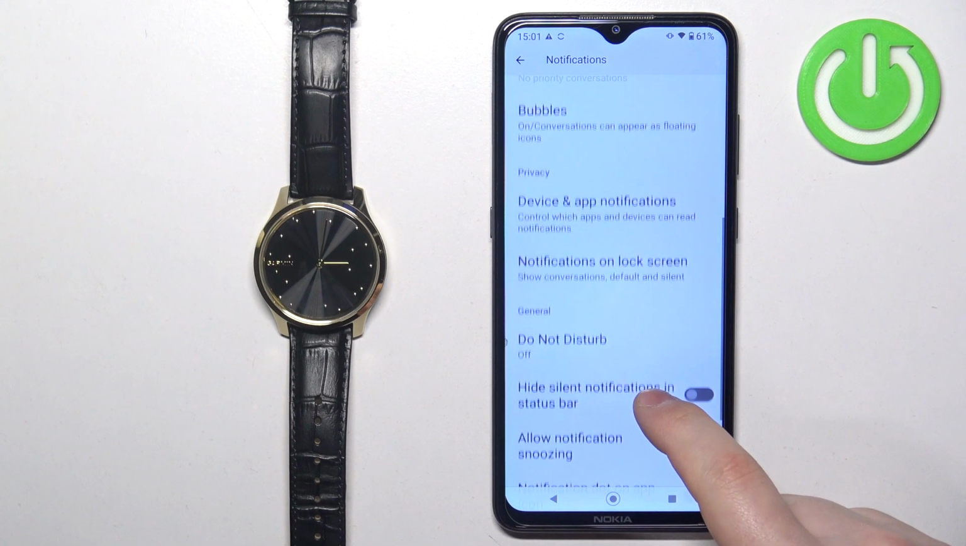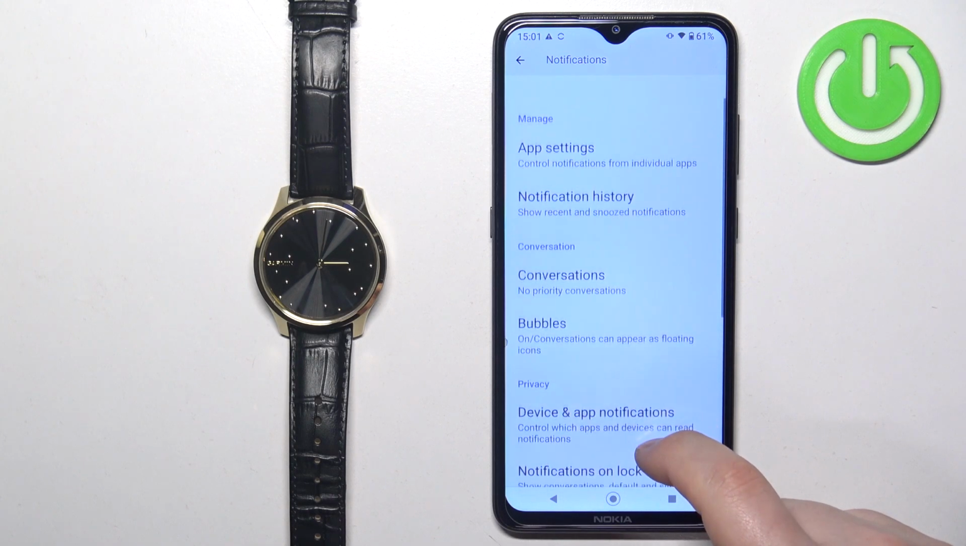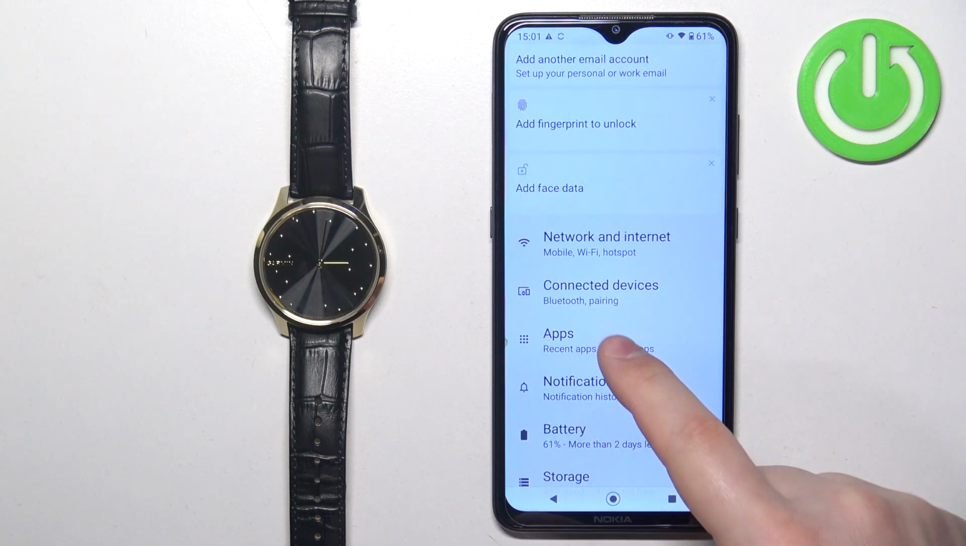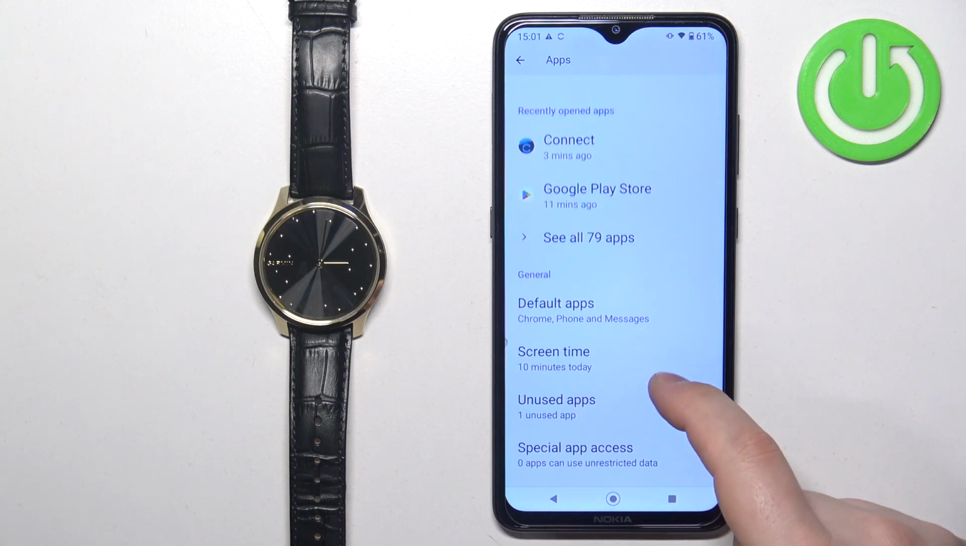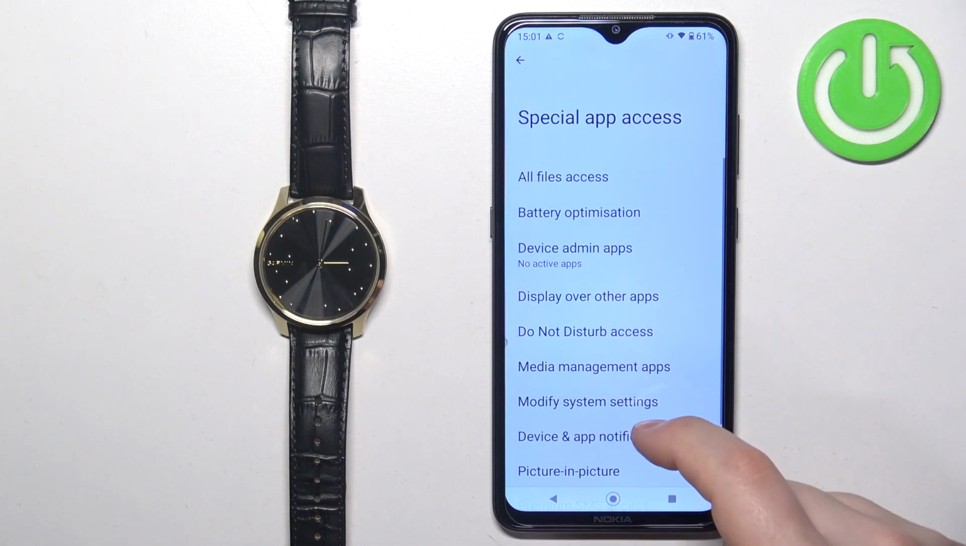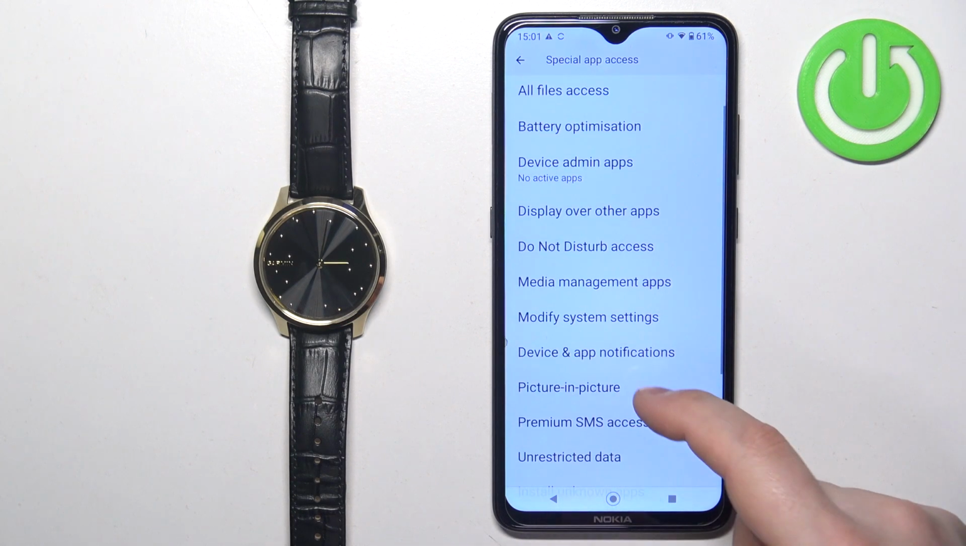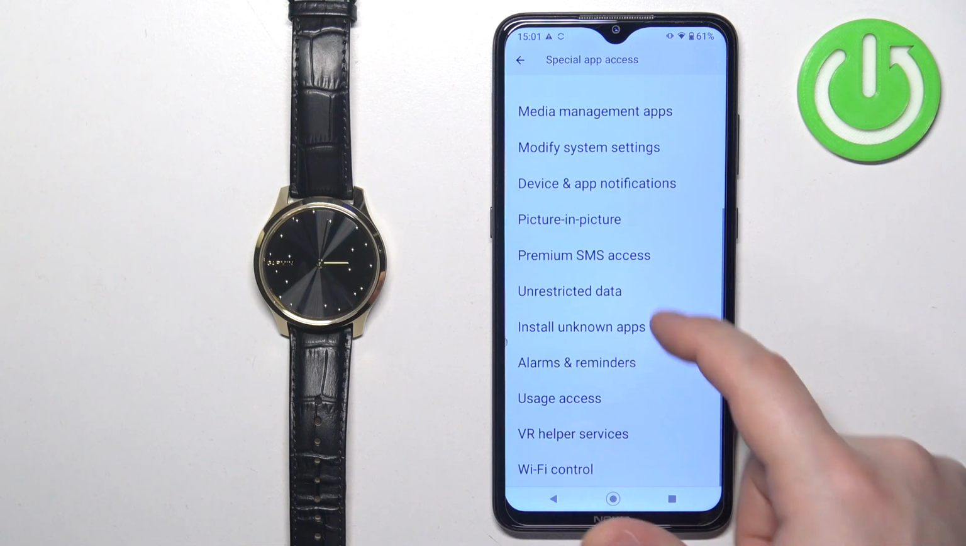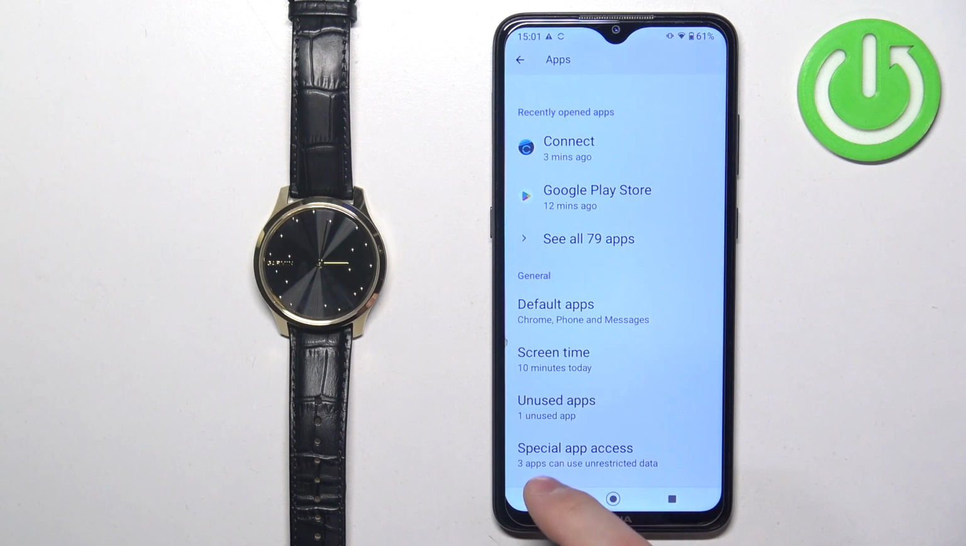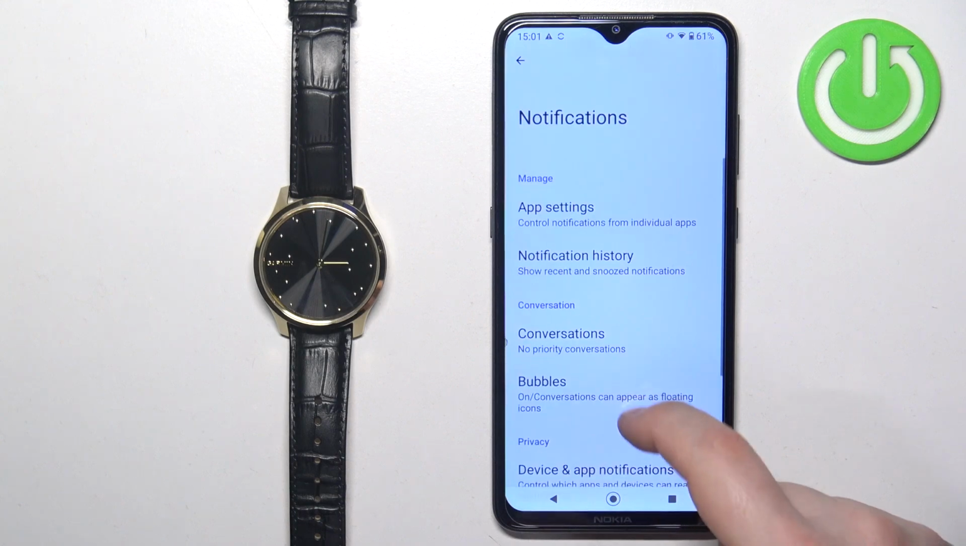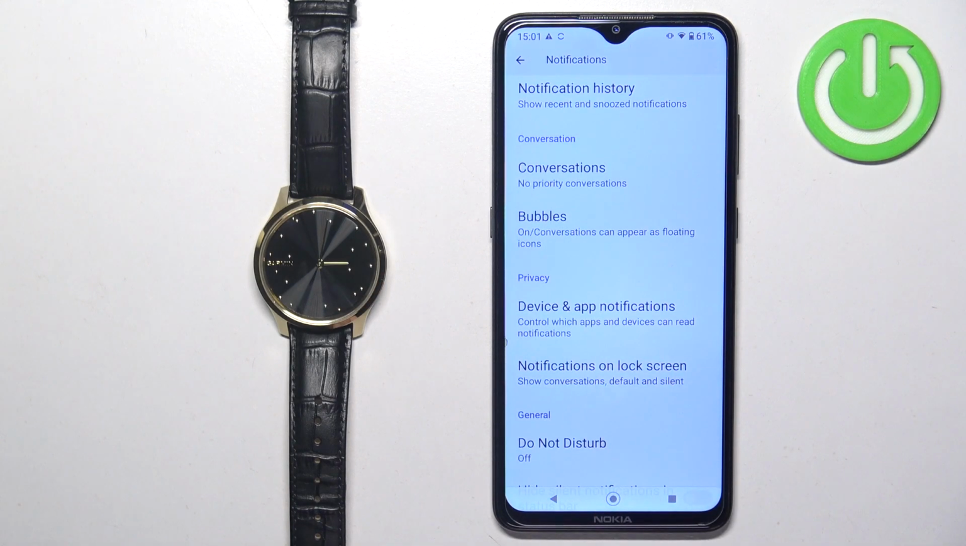On the other Androids, you should be able to go to, I believe, notifications, and it's something like maybe apps. Yes, apps and special app access, and there on this list you should see the notification access, but on this version of Android it's called something else. It's called device and app notifications. But basically we need to allow the notification access for the